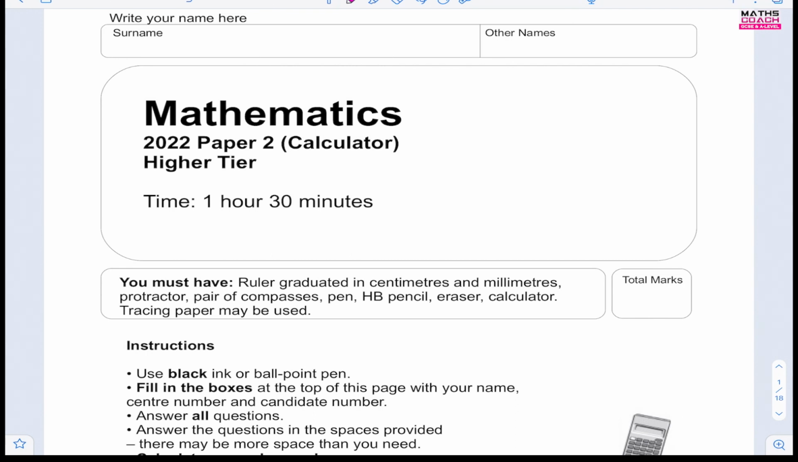This paper goes through all the topics that you need to know for paper 2